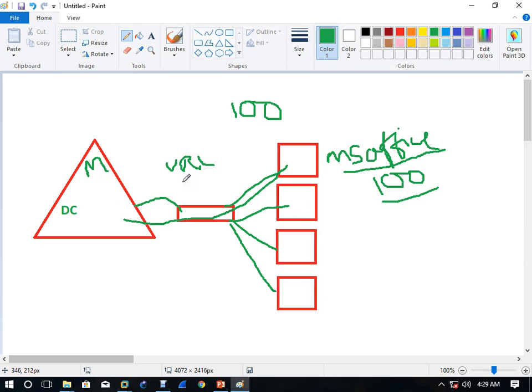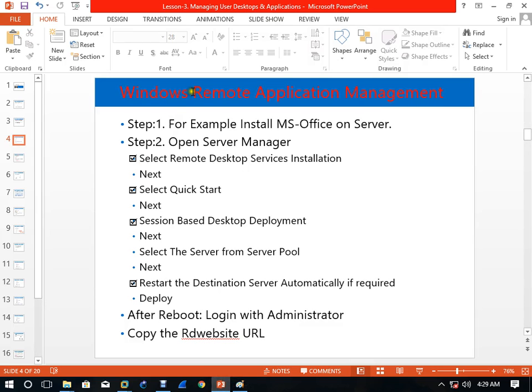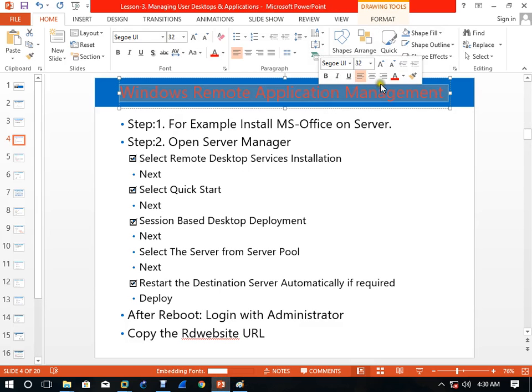Whatever application I need, I open the URL, and the application is installed on the server and I get that application on my system. Understood? Now install just one license. You have saved multiple licenses, and it is not limited to 100 users, you can share with multiple users. It's unlimited. That setup we are going to configure is known as Windows Remote Application Management.